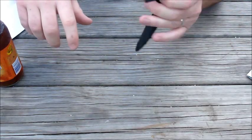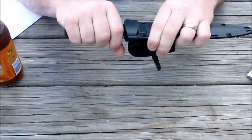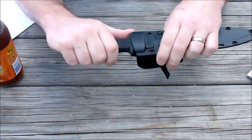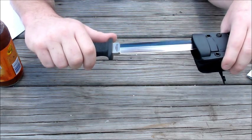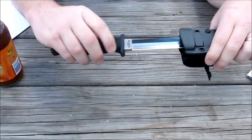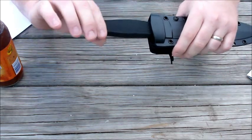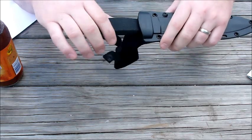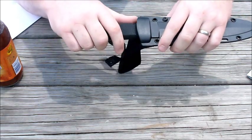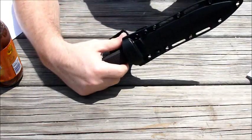No real rattling issues at all. It's a pretty quiet knife. And even when you deploy it, it doesn't make a lot of noise. Thanks to that Kraton X handle, keeps it pretty quiet. If that was a harder handle, harder material, maybe a G10 or a Kydex, sorry, the G10 or a, oh,